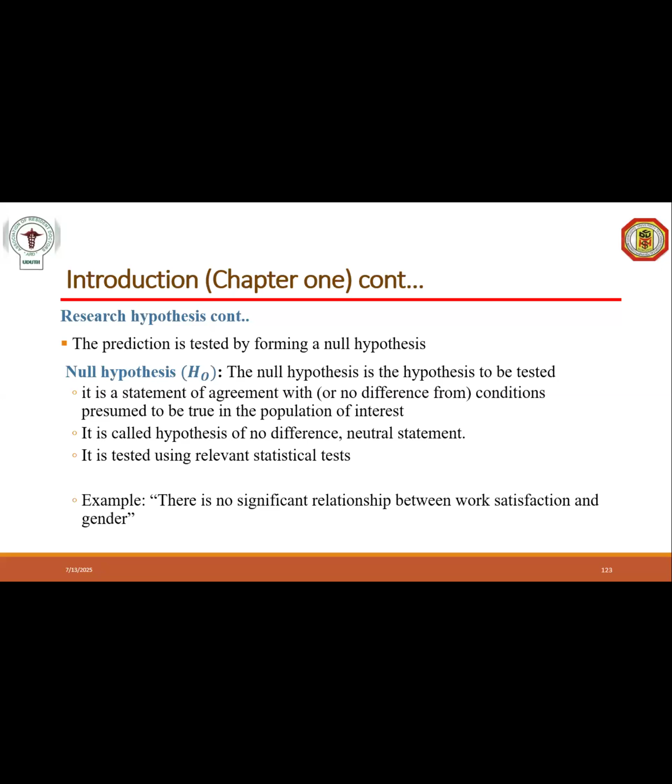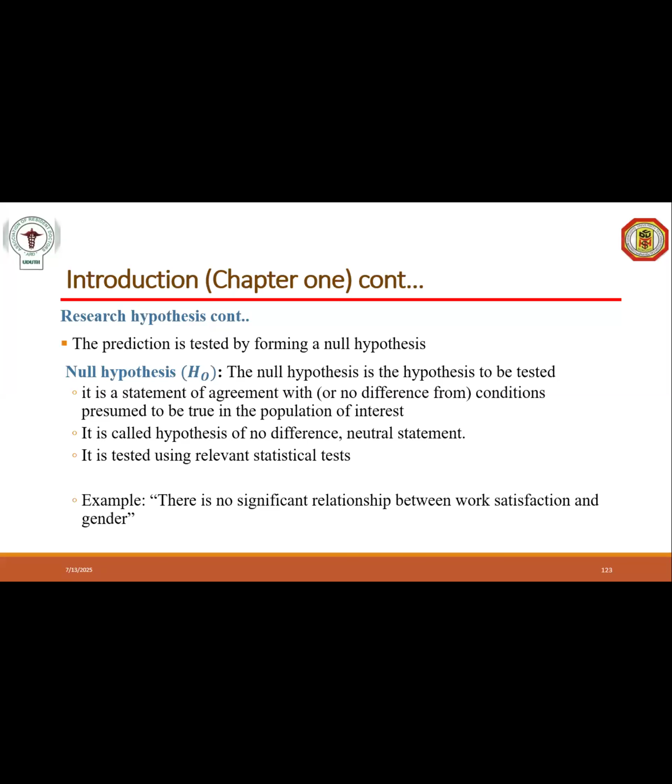So if you have 3 objectives and each one requires a hypothesis, you have to state all the hypotheses. So you finish with the second objective. We say the first objective doesn't require a hypothesis, we leave it. The second objective requires a hypothesis, we state the null and alternate hypothesis for it. Then you go to the third objective. Does the third objective require a null hypothesis? Yes, maybe we say we want to find the predictors. So the predictors, it means you also need to state the null hypothesis.